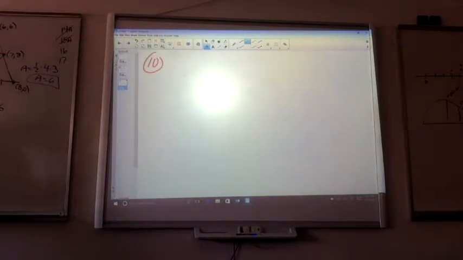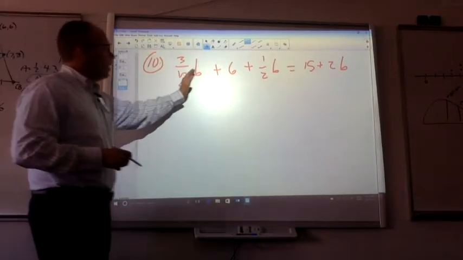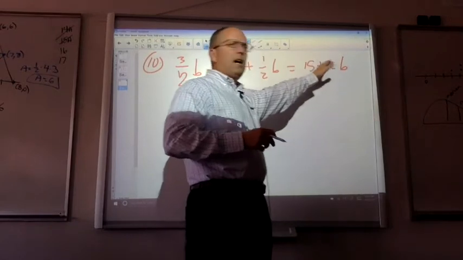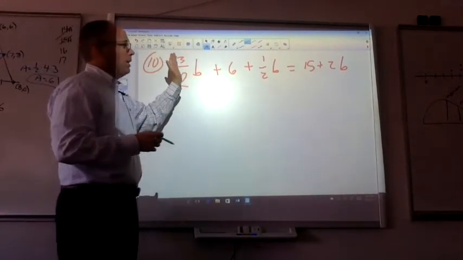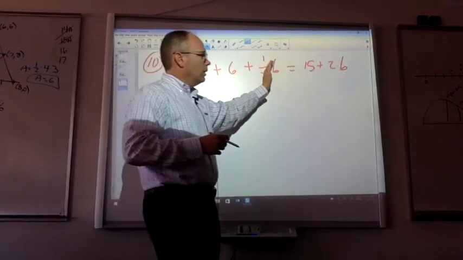So is that 3 over 2b plus 6 plus 1 half b equals 15 plus 2b. So we're getting on to the trend of I have 1, 2, 3, 4, and 5 different terms. Let's get rid of the fraction. So if I multiply everything by 2 over 1 or just 2,